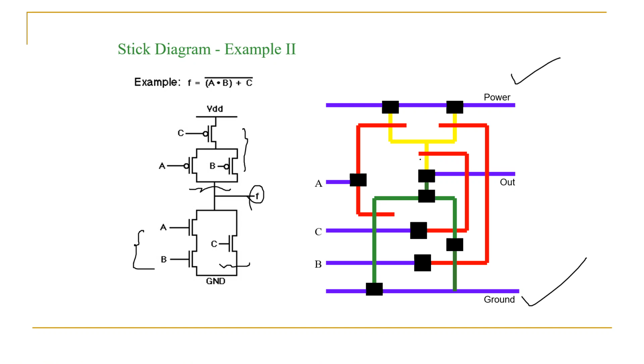See here, this is your C and this is your A and B of the P MOSFET. A and B are connected, so actually this can be at the top and C can be at the bottom, right? In any way you can draw. So this side is the source, connected to VDD. The drains of the A gate and B gate are connected, and this is given as the source input of the C gate, and from the drain side you are taking your output.